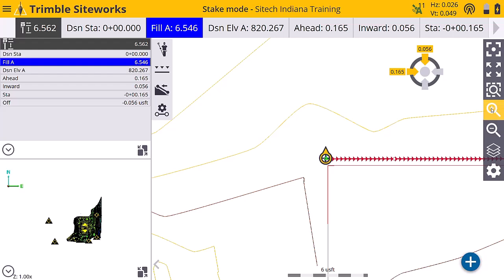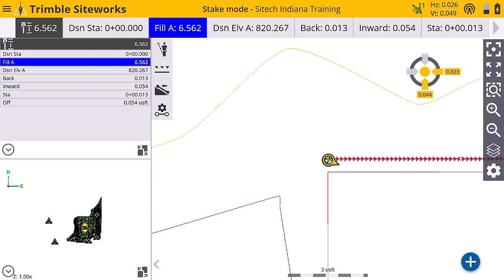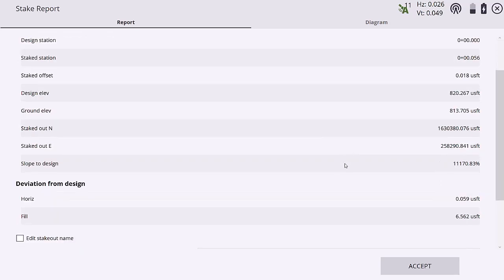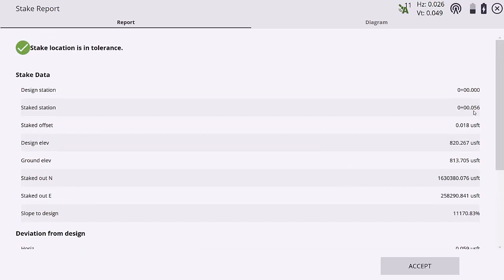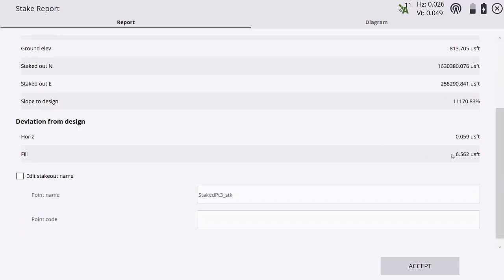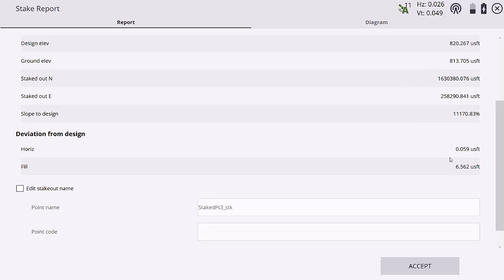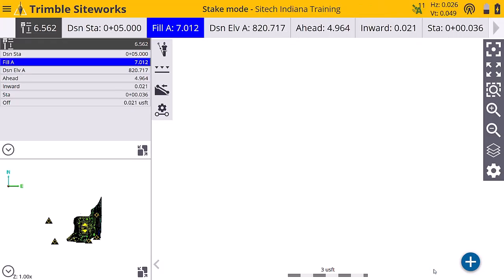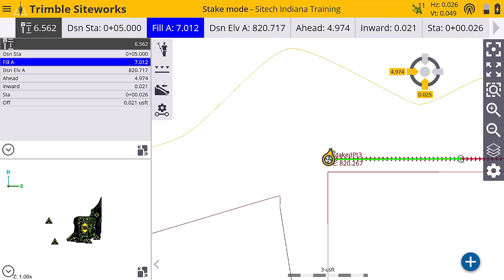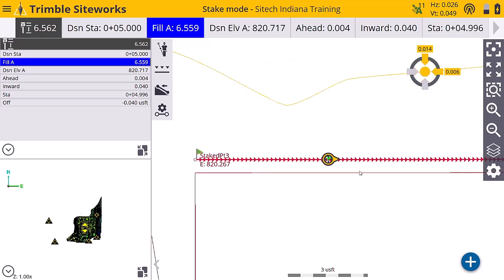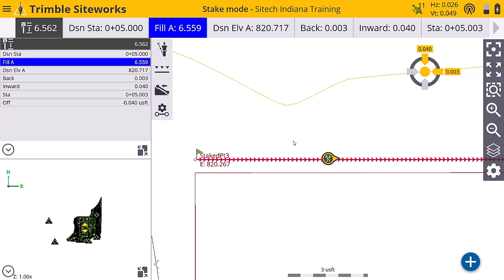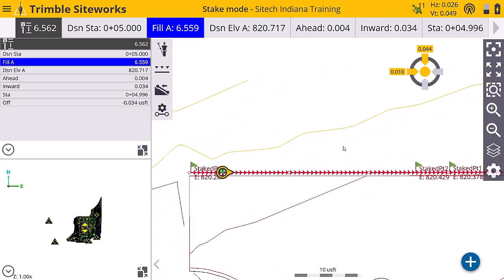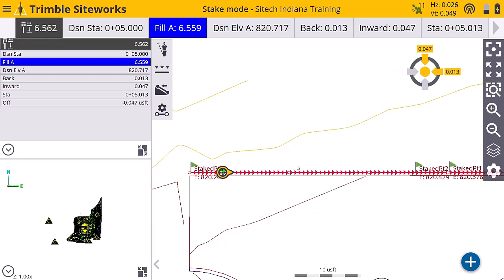And now if we zoom in, there we go. So again, we have our stationing pretty close, and our fill of 6.56, and our diagram if you want to use a diagram. Say accept. And I went ahead and marched it down. But as you can see here, I only went to 5 foot. We said 20 foot. Well, what that's telling us is most likely in the Trimble Business Center